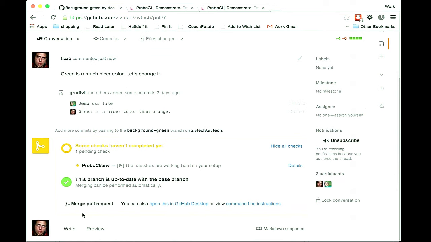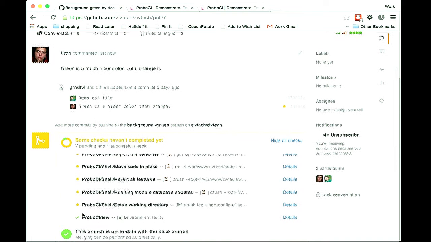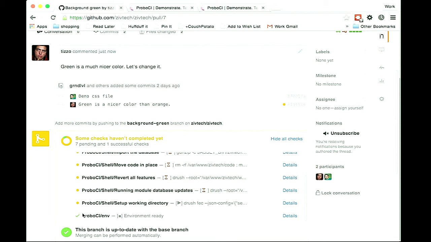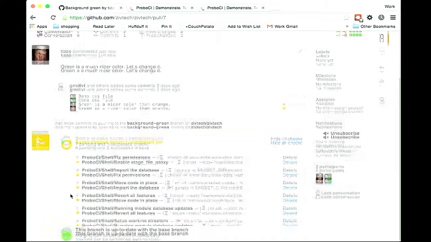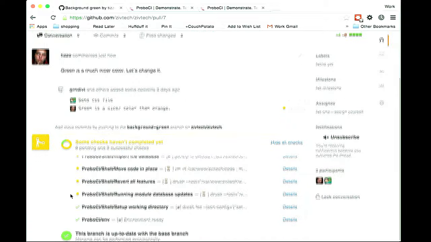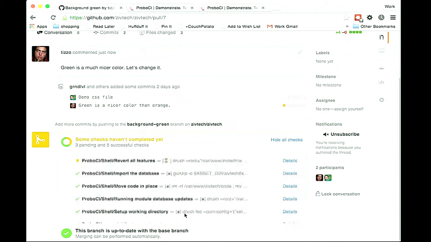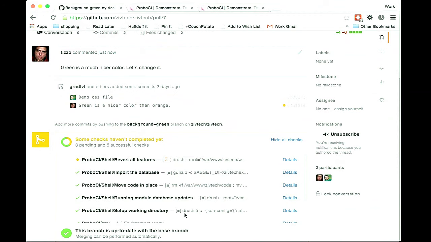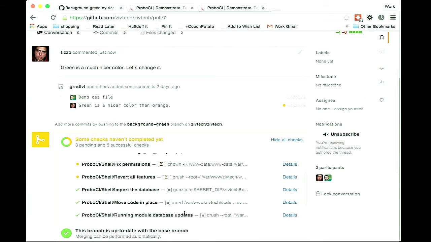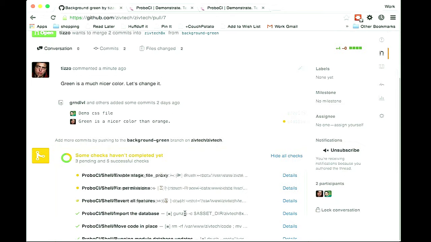and we start building your environment. Once we build your environment, we parse your .probo.yaml file, and we figure out what you want to run. And you can see then we create all the steps. Here we're working on a high-level step so that for most Drupal sites you could just say, do you want me to revert the features? Yes, no. Do you want me to update the database? Yes, no. Is this an install profile, or is this the full site? And you'll just have to give us 4 lines. At the moment, you just create bash just like you would on Travis. Travis doesn't know about Drupal, but you can test Drupal on it. Same thing here. So you can see here the stuff is running.